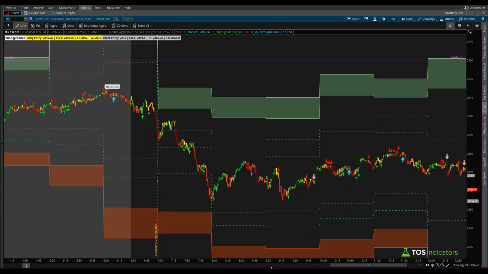So let's start with a chart of the S&P here, and if we draw our entry line, you check to see whether or not you've breached either side's aggressive volatility box lines. You hadn't, and that was your sign to continue to use the aggressive volatility box. We're then looking for any breaches of the cyan line, and since we're on the most aggressive model, if we get that breach, we'd like to see an edge signal, and once we get that edge signal, we want an entry at the clouds so that we can reduce our risk and actually take targets at the cyan line as